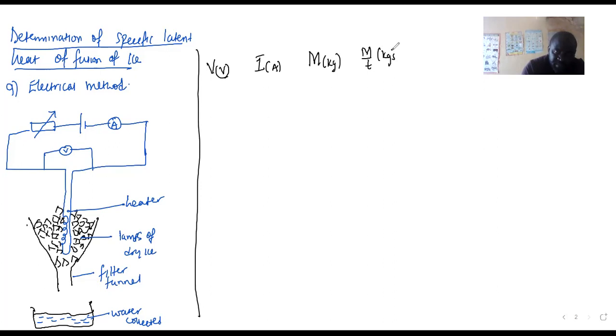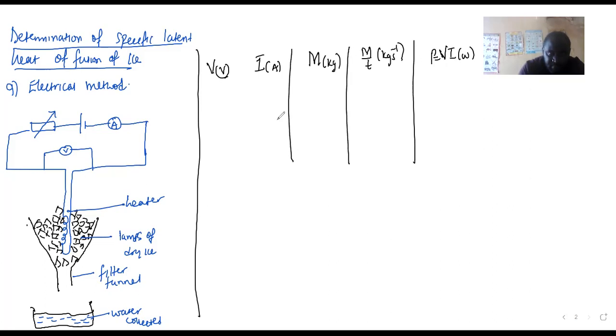This is in kilograms per second. Then we can also get power, which is IV in watts. So that's the tabulation we can do, whereby we can consider electrical power supplied by the heater,